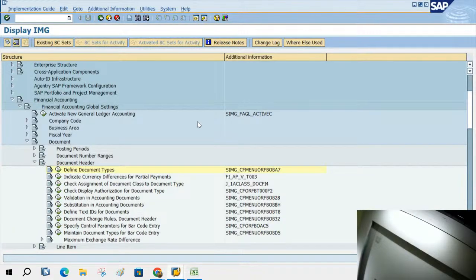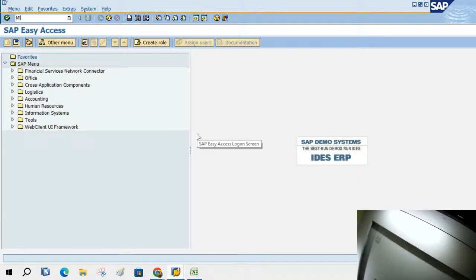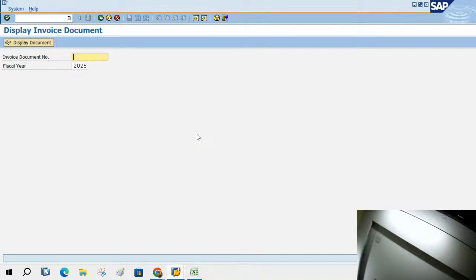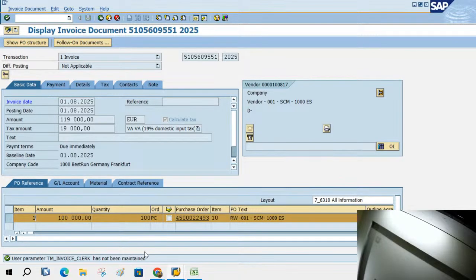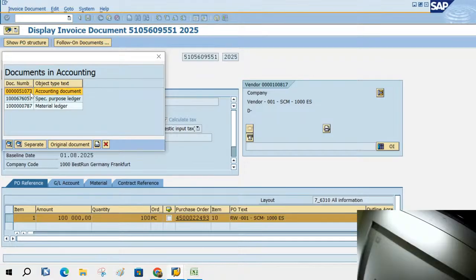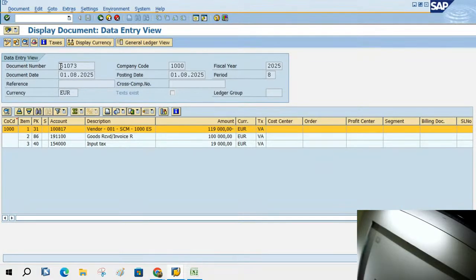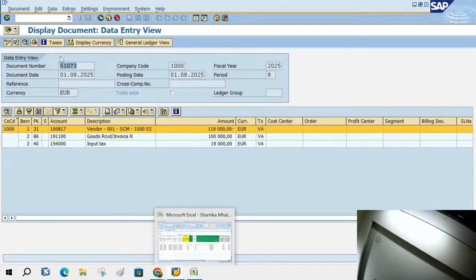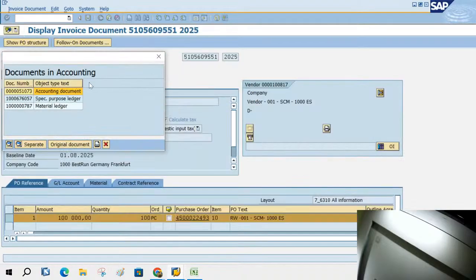Please go to the transaction code MIR4. Enter your document number. You see, you got your document number. Click on follow-on document. You'll get the FI document number 5073. Click on it. Where do you come? You come to